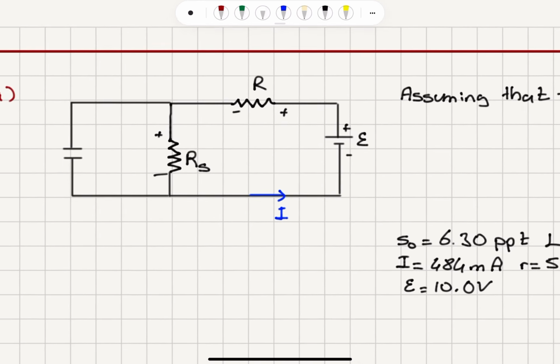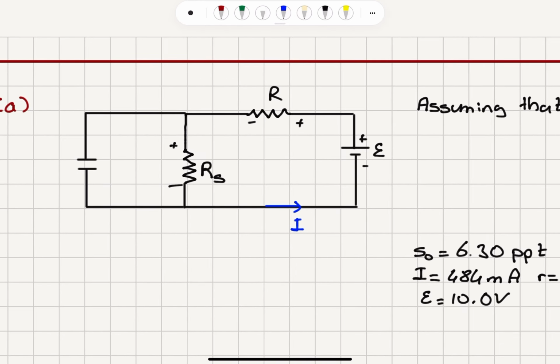So when I look at this, I see that here I have infinite resistance. Therefore, this is a capacitor that is fully charged. There is no current flowing through this capacitor. I have the resistance of the seawater, R sub S. I have the resistor with resistance R. There is no internal resistance of the battery, so we have epsilon here. And let's say that the current flows in this direction so that we have plus minus